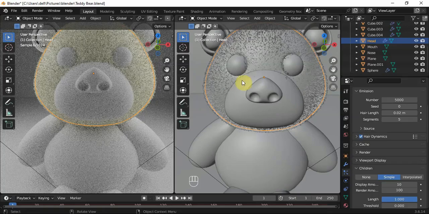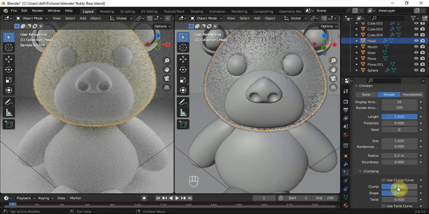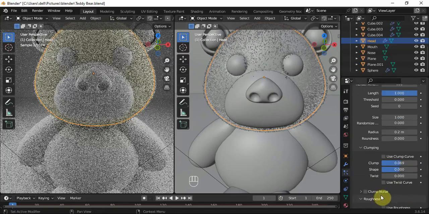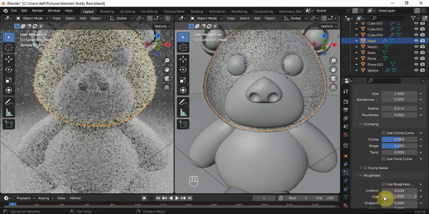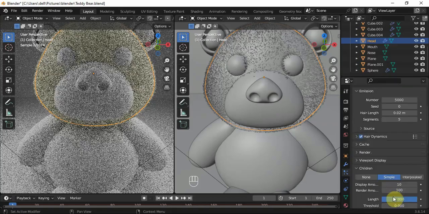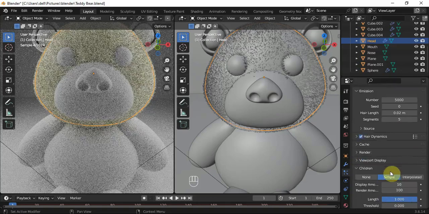Alright, so what next is let me go up to my clump. Yeah, adjust that up a little. Go back to my roughness. Okay. And I think